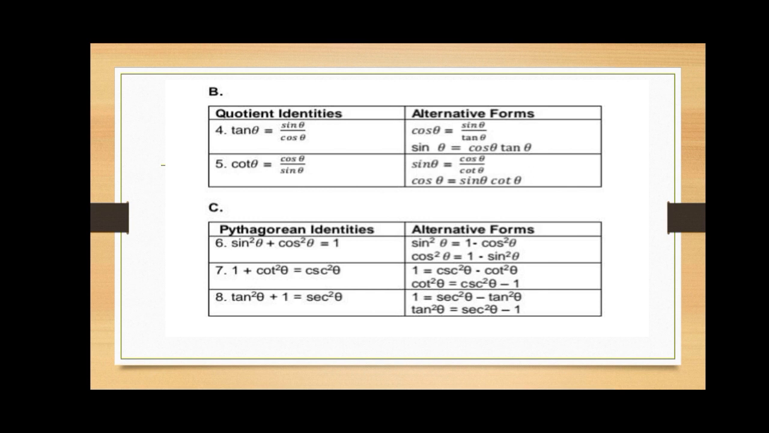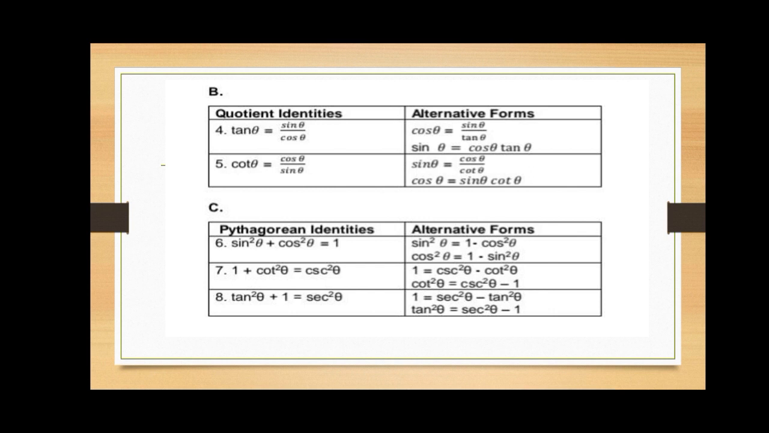The next one is 1 plus cotangent squared theta is equal to cosecant squared theta. In alternative forms, 1 is equal to cosecant squared theta minus cotangent squared theta. And cotangent squared theta is equal to cosecant squared